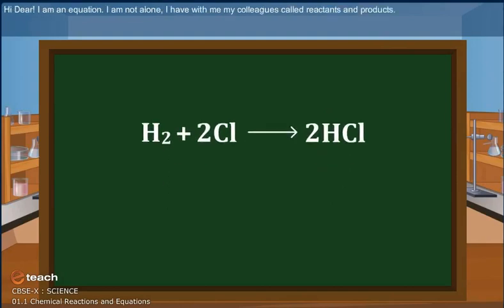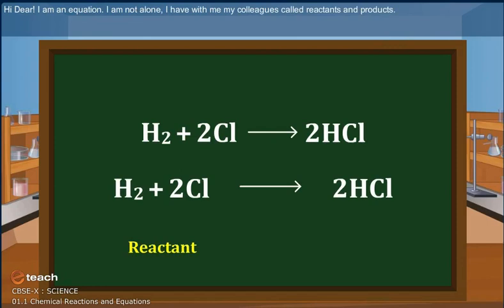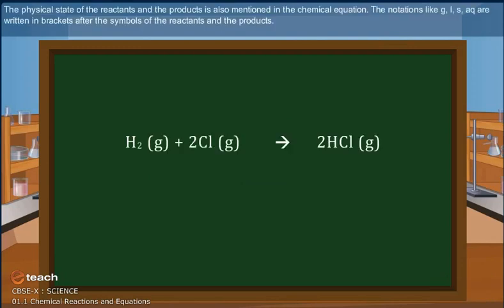Let us get introduced. Hi there! I am an equation. I'm not alone. I have with me my colleagues called reactants and products. The physical state of the reactants and the products are also mentioned in the chemical equation. The notations like G, L, S, and aqueous are written in brackets after the symbol of the reactants and the